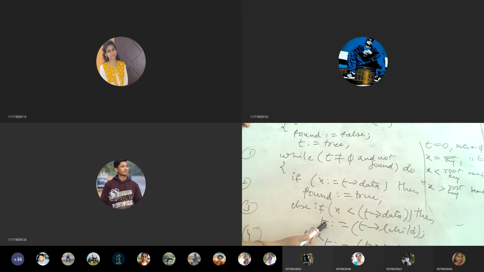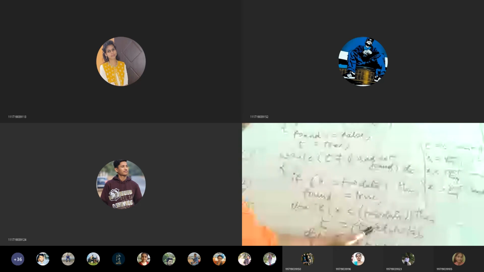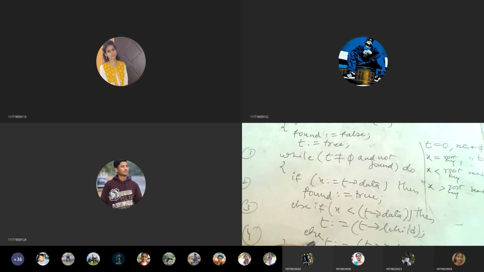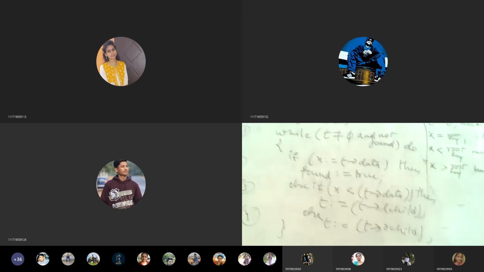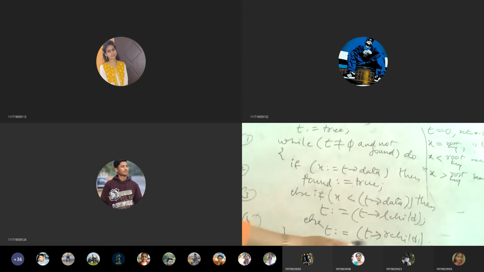So that's why we are assigning T is equal to T left child. Else, if any of these three conditions are not satisfied, what is the fourth condition we have? T is equal to the last one. You are going to search at the right child. Okay, is that clear?